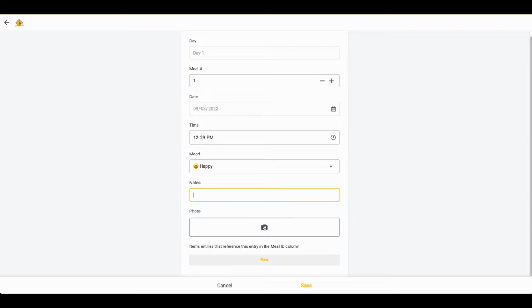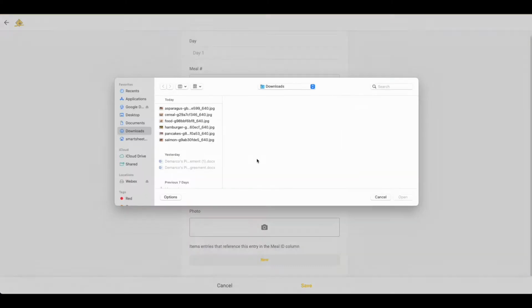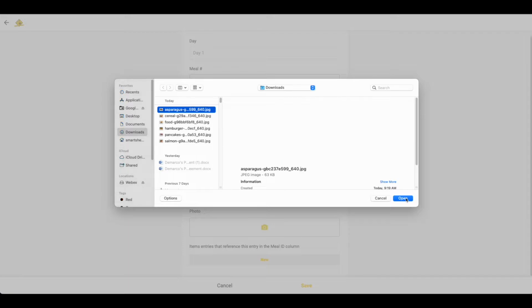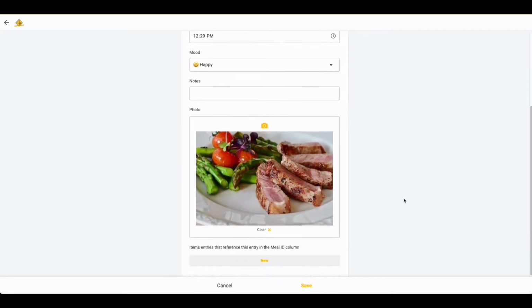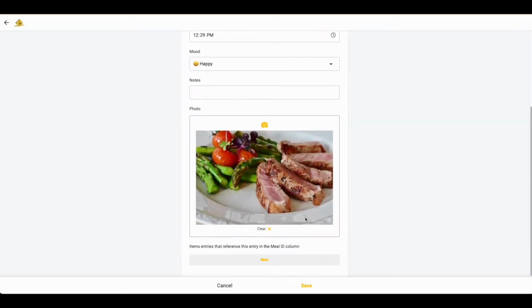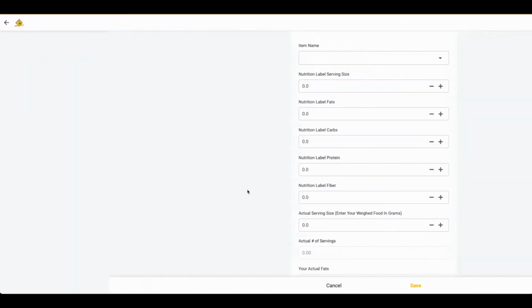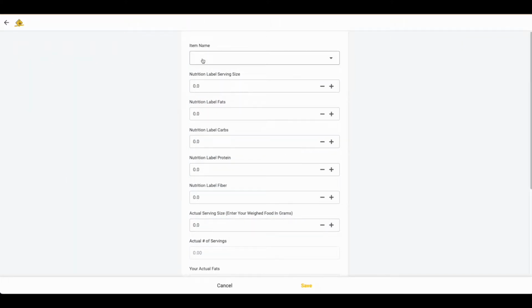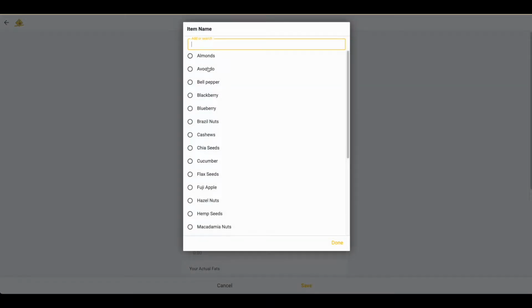They can put a picture of their meal. We'll just say that. That looks pretty yummy. And then here, under each meal, they can enter in their items, each item in the meal. And it comes preloaded with some fruits and vegetables and nuts